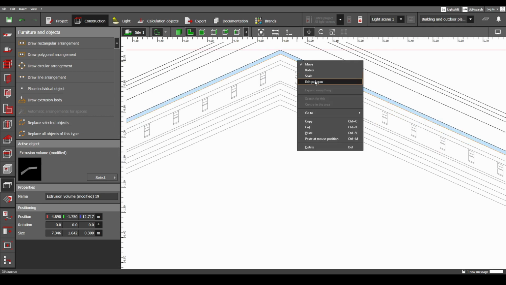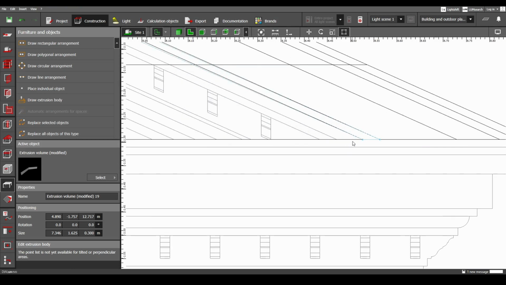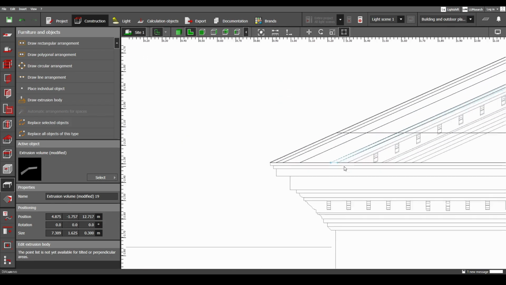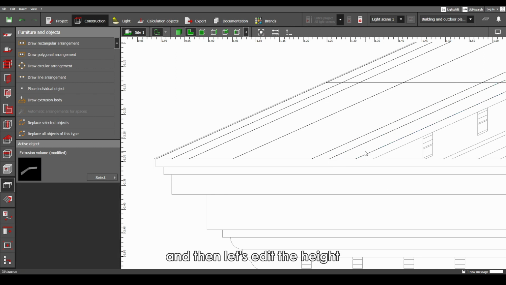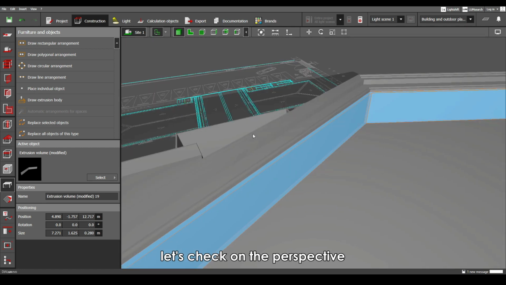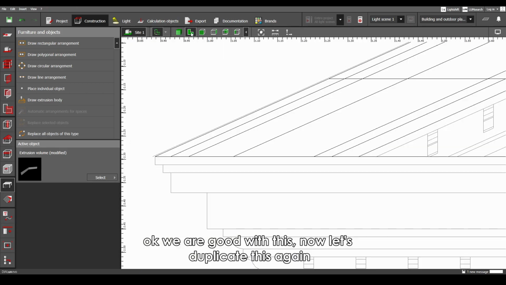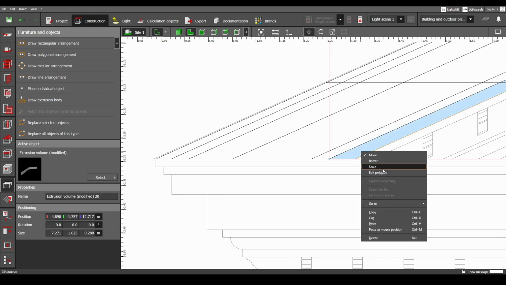Duplicate, edit, and then let's edit the height, probably 0.28. Let's check on the perspective. Okay, now we're good with this. Now let's duplicate this again, right click,